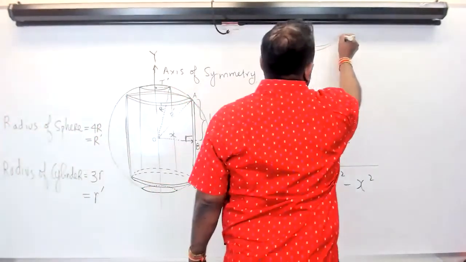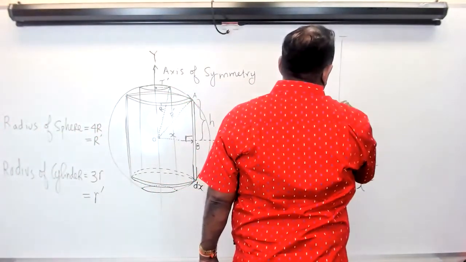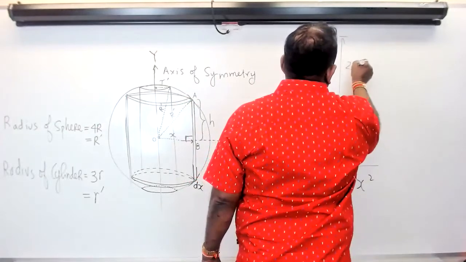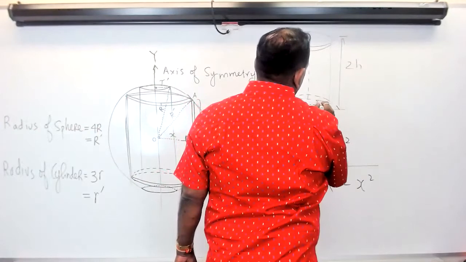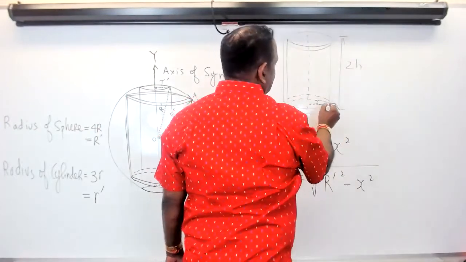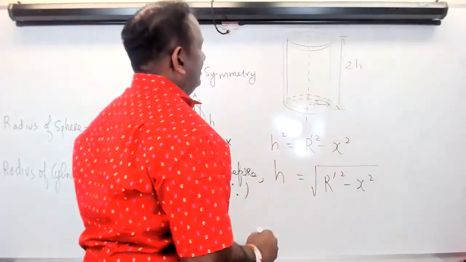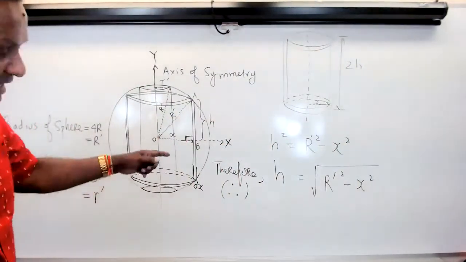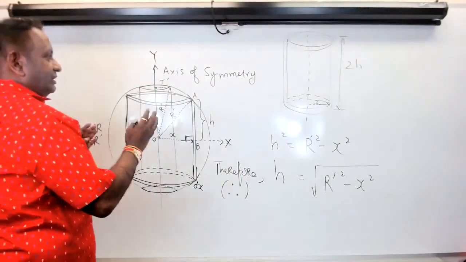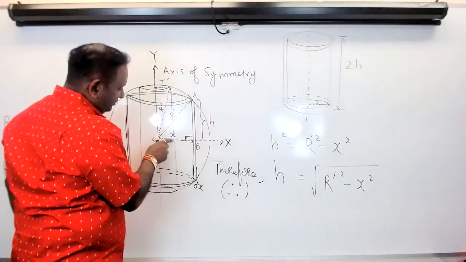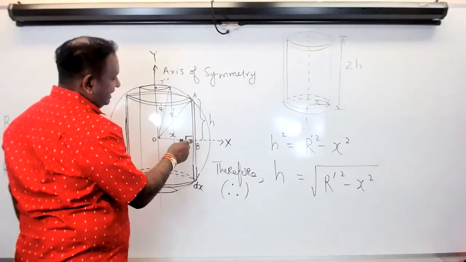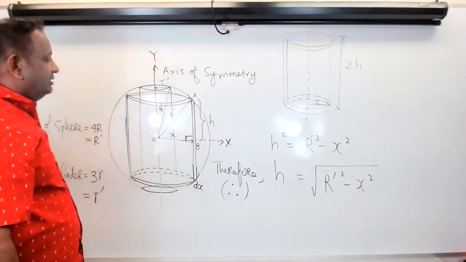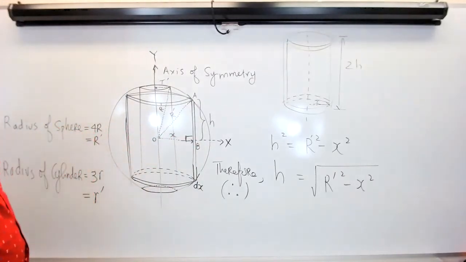This is 2h from here to here, and the radius is x. That's all we need in order to find the volume of that shell. And we're going to stack those from this point to that point. That would give you the volume of this